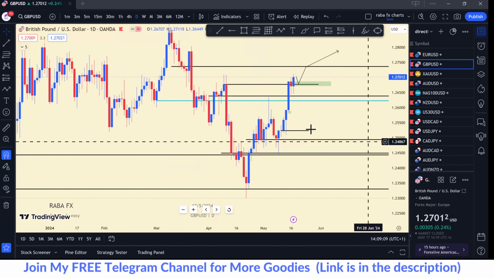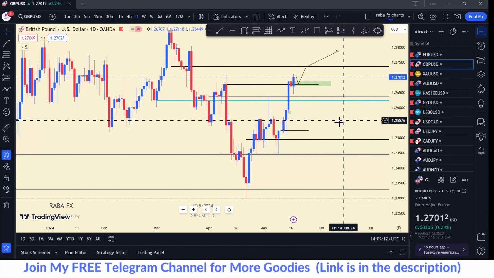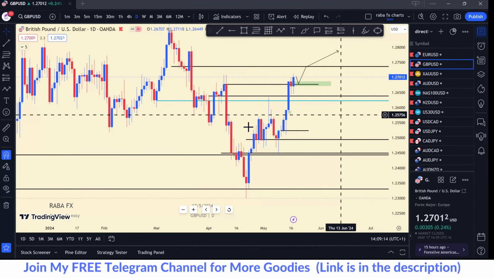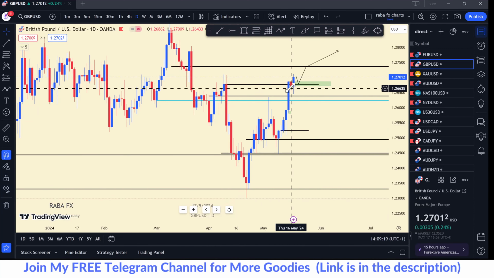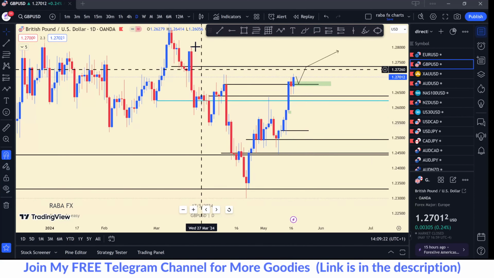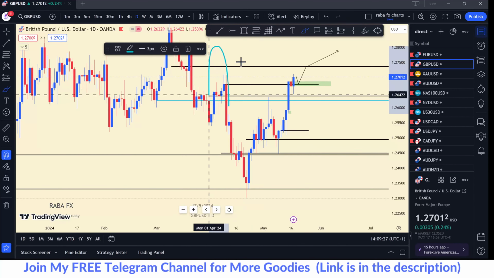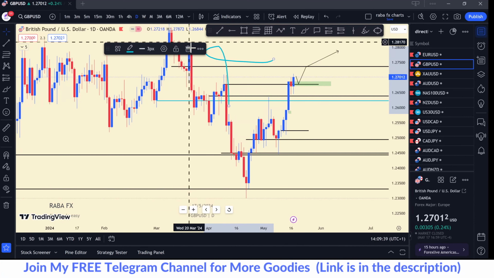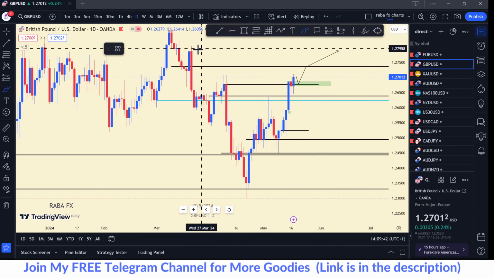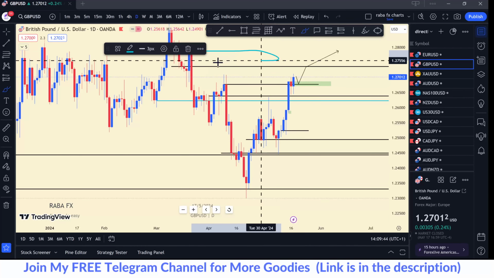So my point here is this: weekly we are still bullish on Euro USD, on pounds USD, and on the daily we are also bullish. Since we've closed above this level on the daily, we should expect price to trade at least into this region here. I expect price to trade into this region. All right.